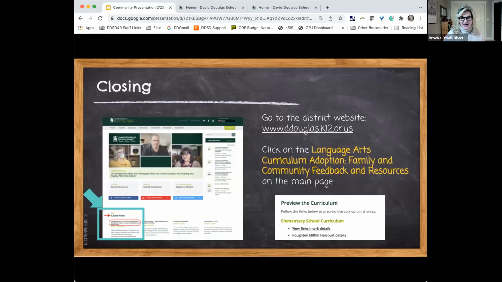Thank you. And you guys can see we have a really tough decision to make. And I just want to remind you that these programs have already been vetted at the state level and they've been adopted by the State Board of Education. We started with 7. We've narrowed down to these final 2. And Elise is going to go back and show you again how you can give input and where you can access these so you can actually explore a little bit deeper on your own.